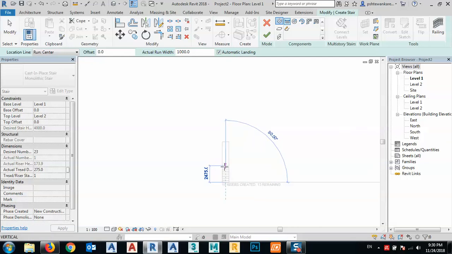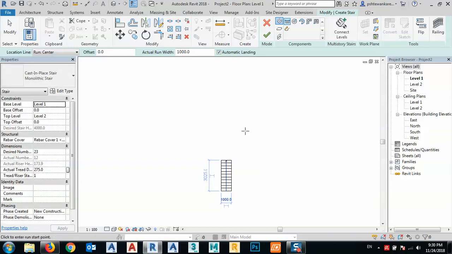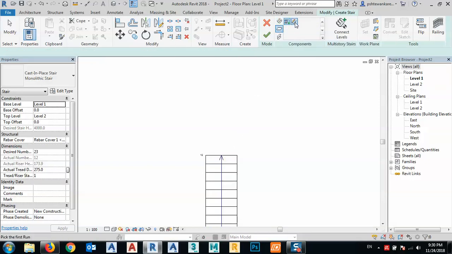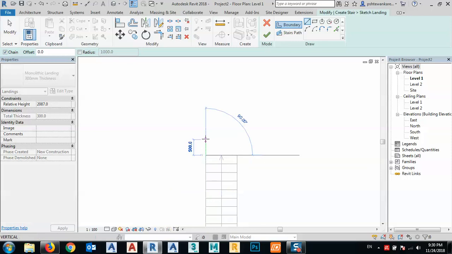It doesn't matter how many steps I want to make. Let me say like this, and after that I can make a landing. I can sketch it. I'm writing 1000, which is 1 meter. Let's see like this. Cancel, and after that,